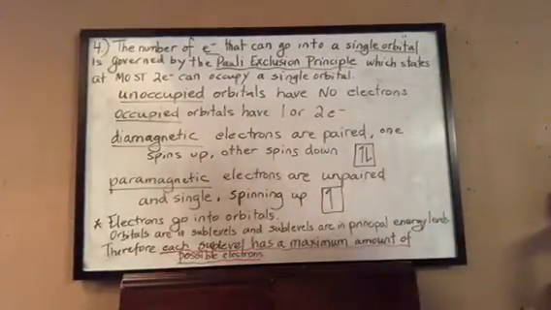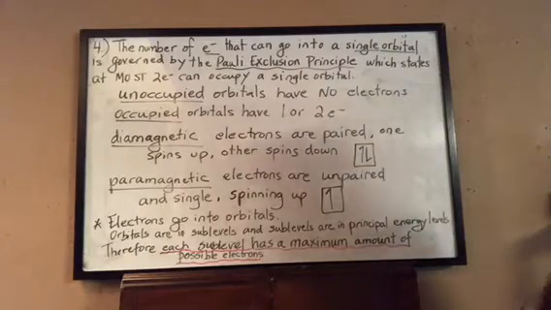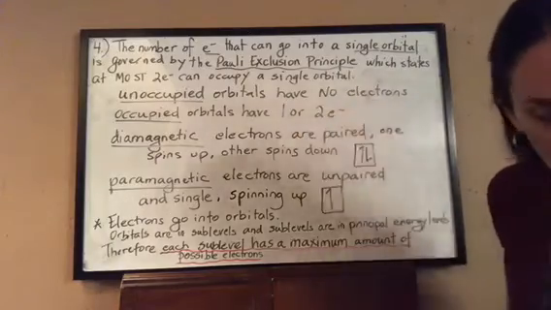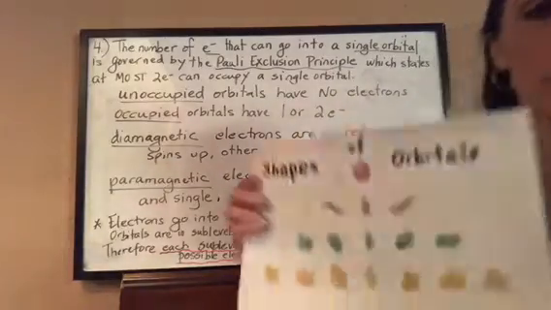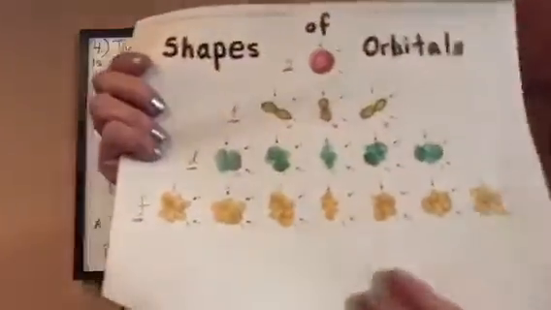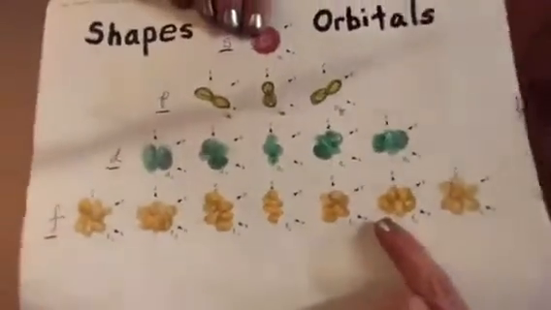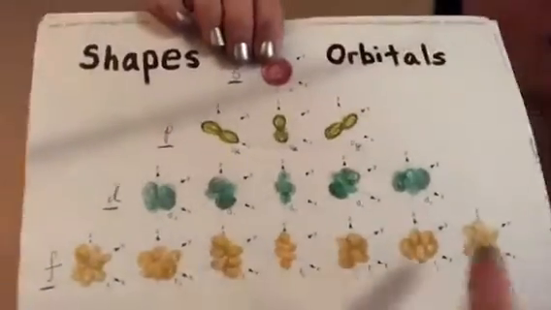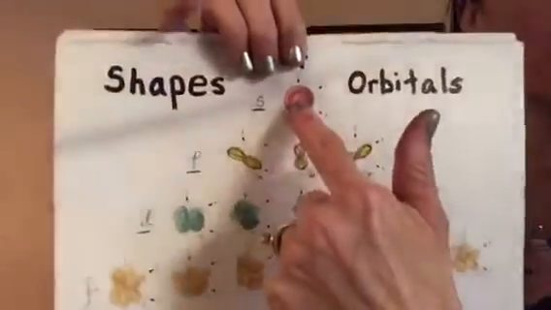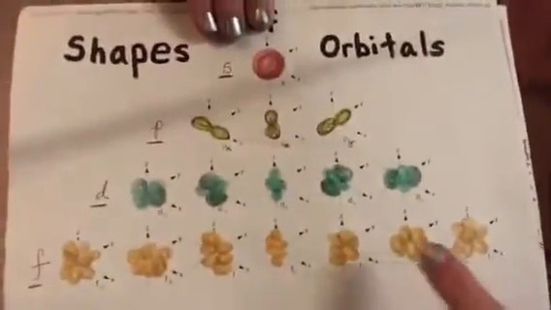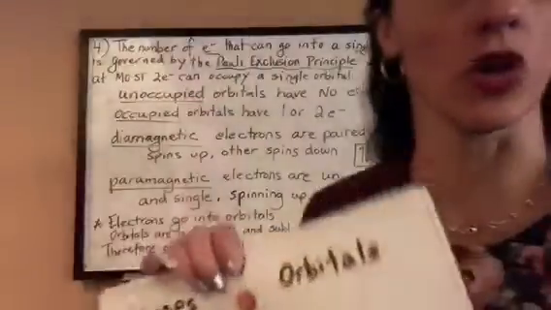The number of electrons that go into a single orbital is governed by the Pauli exclusion principle. The Pauli exclusion principle states that at most 2 electrons can occupy a single orbital. Regardless of how complex that orbital is, at most only 2 electrons can occupy it. You can have a simple s orbital here, or you can have a complex f orbital over here, and at most only 2 electrons can fit into any of these. At most 2 in each, regardless of its